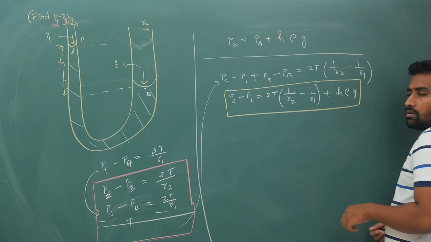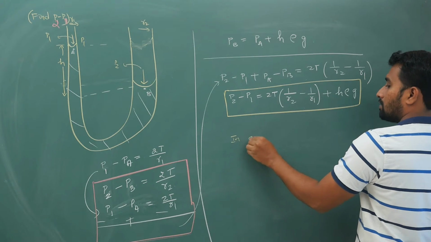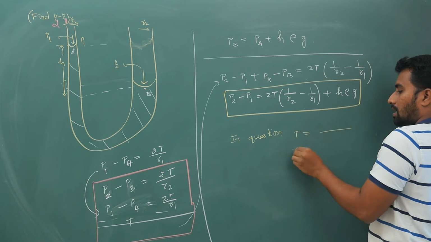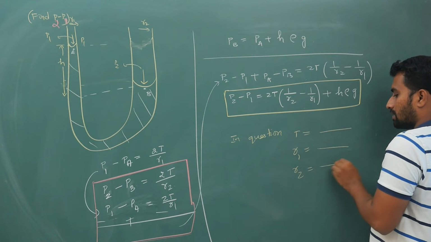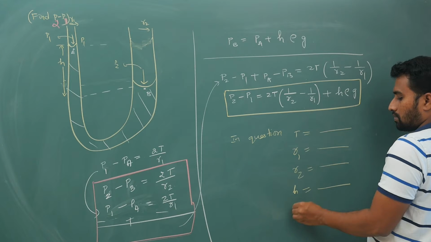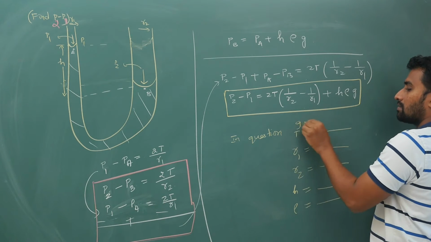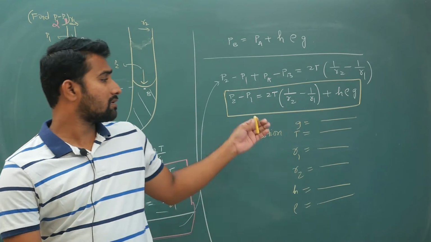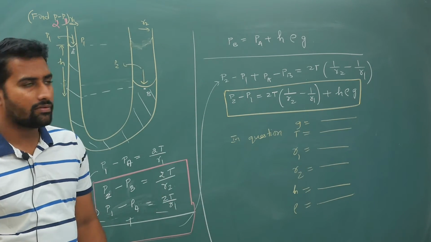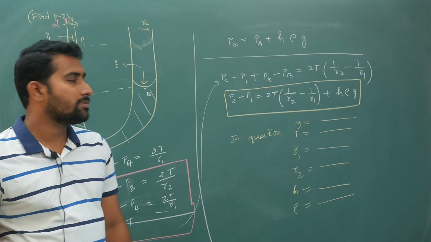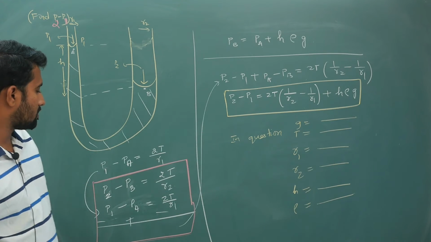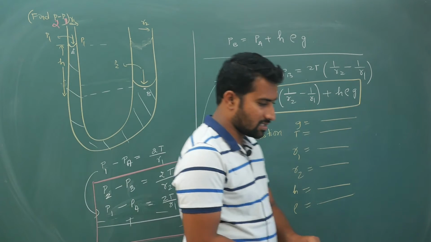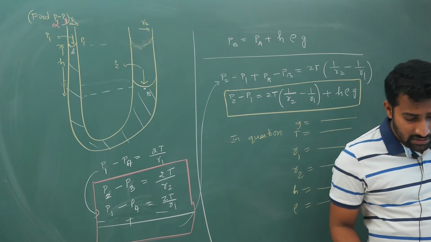In questions they will give you a T value, R1 value, R2 value, H value, rho value, and G value. The surface tension of whatever liquid is there, water, kerosene, mercury, you can take that liquid and do the simplification. The idea is important. Writing this pressure difference is the most key part. Next, your next part is